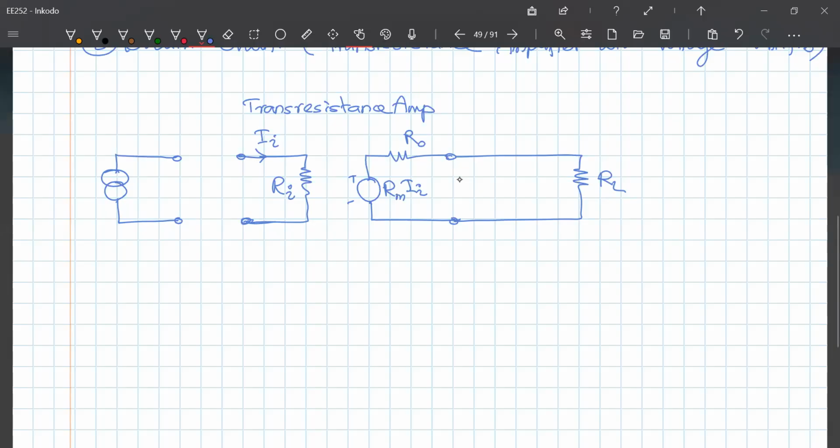What do we have in the feedback network? This is my circuit, and my feedback network,